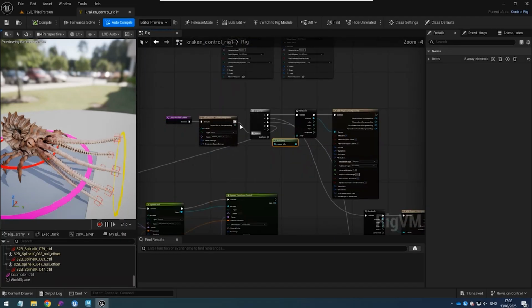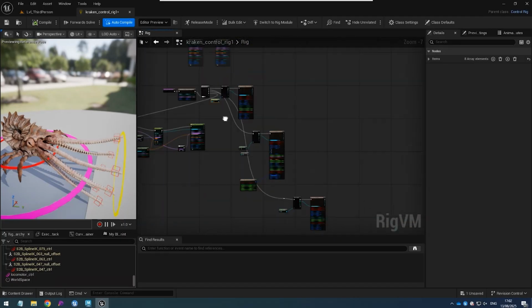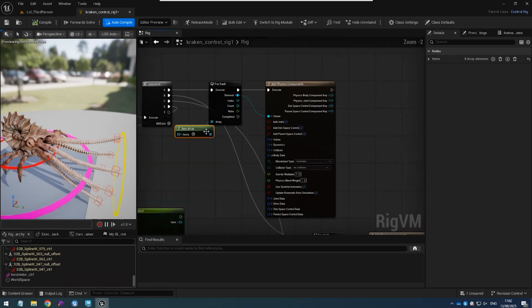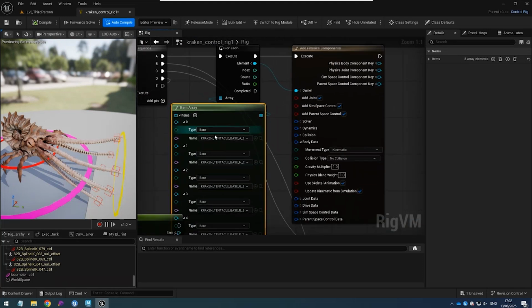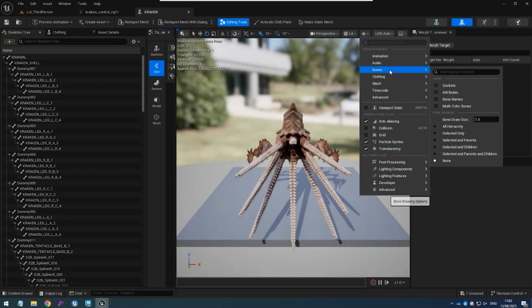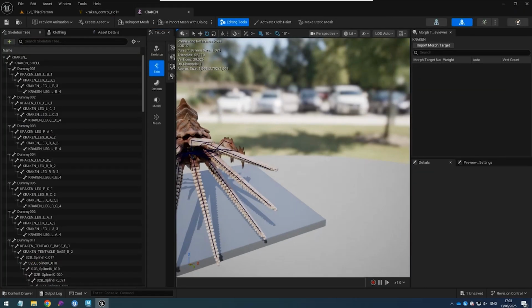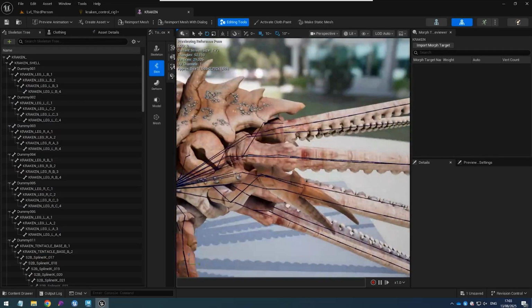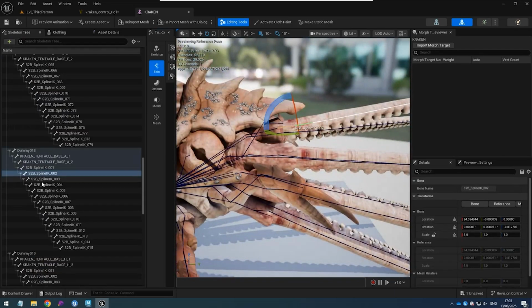Let me just find the beginning. Okay. So these are the base. Let me just show you. So they have the base. Yeah, so I took the base